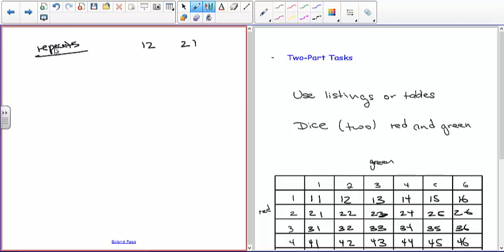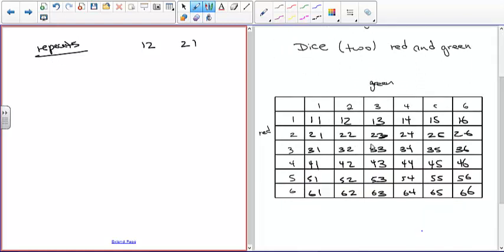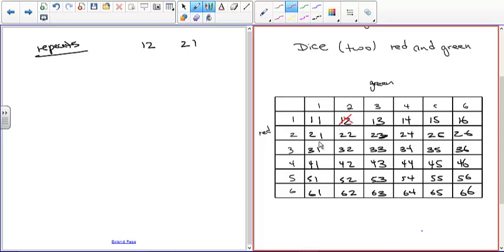So if we use that definition of repeats, then we would include these diagonal ones because they're only seen one time. And then you would eliminate this one because that would be a repeat of that one if order is not important. It's kind of like lottery numbers. For lottery tickets, it doesn't matter what the order is. Order is not important. So this is matched by that one, and also all the ones above this diagonal are matched by ones below the diagonal. So I would eliminate all of these.